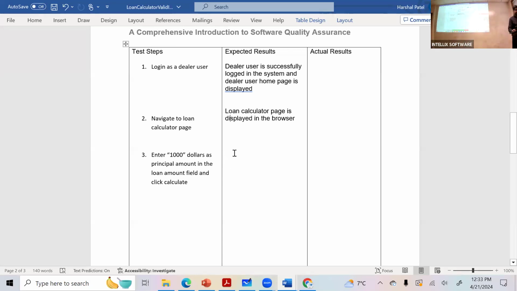So how would it say it's expected results? That's what it should be.